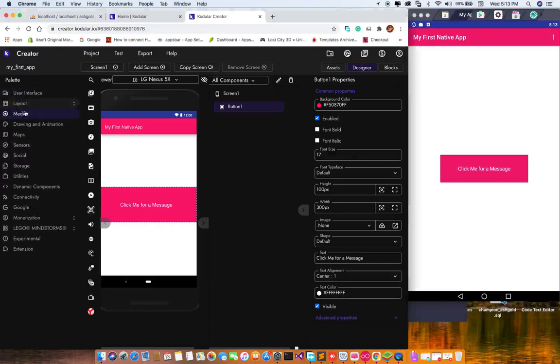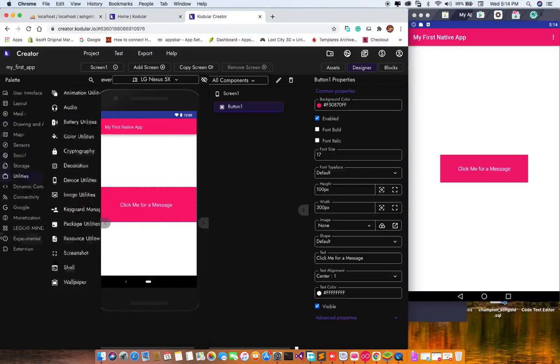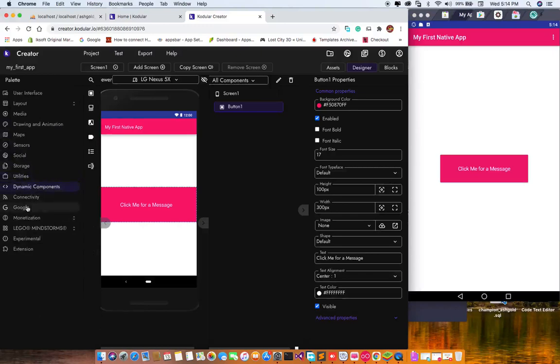From here, all the tools, I can't take my time to talk about all of them because there are many. We have layout, media, drawing and animation, map, sensors, and each of them has a lot of features, right? So we can't take one by one to go through the whole issue, right? So we will be taking our time to do a lot of things, but today we are going to use